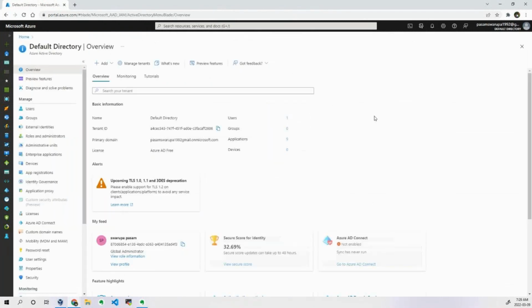Okay, so that company CEO or a manager, let's say a sales executive, has purchased an Azure Active Directory account. It's like a Microsoft account, portal.azure.com. With one email address he has purchased this particular account. After purchasing this account, he will create some organization. Let's say that company was working for two projects, two clients.